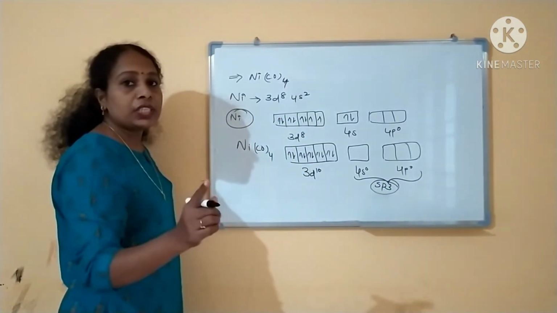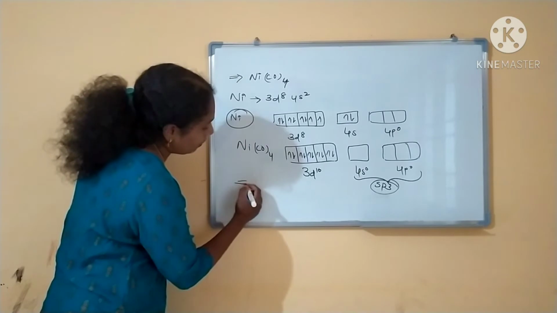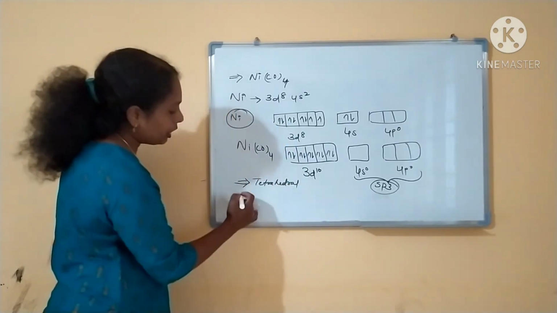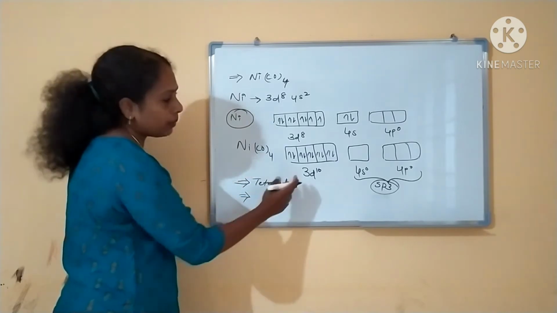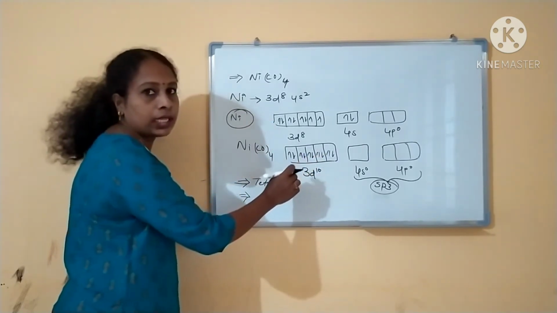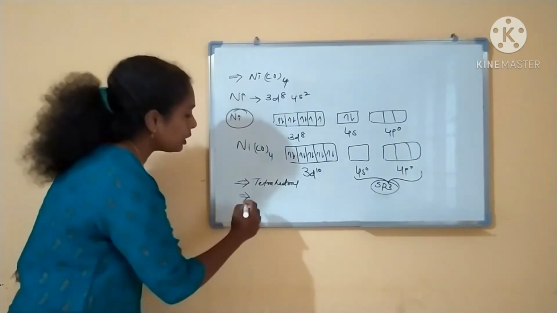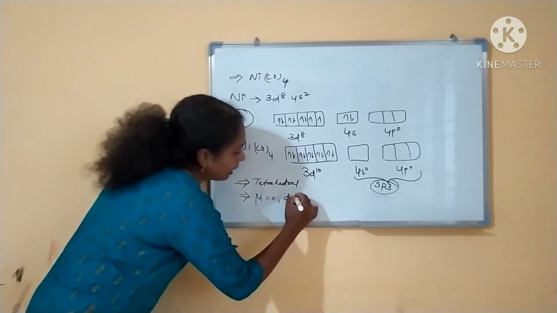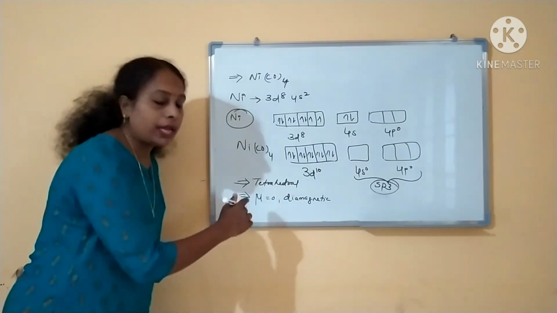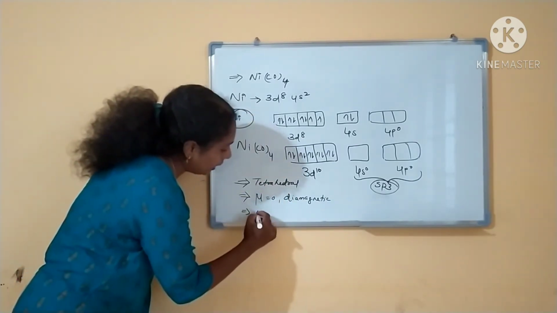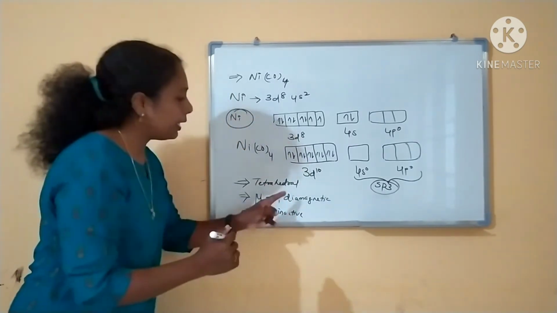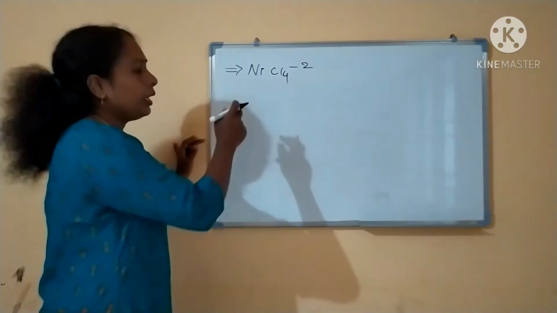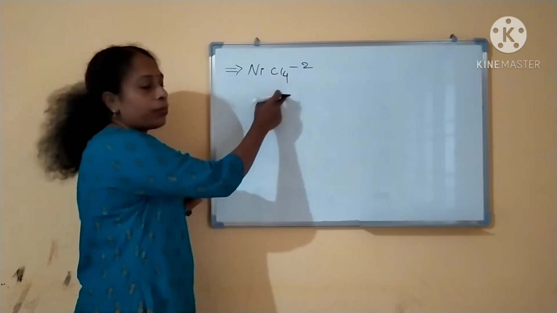If the hybridization is sp3, what is the shape of that complex? Tetrahedral, right? Tetrahedral in shape. And what about magnetism? All the paired electrons are there. Since there are no unpaired electrons, it is a diamagnetic complex with magnetic moment 0. And if it is diamagnetic, it is ESR inactive, right? Hybridization is sp3, belongs to the point group Td. Okay, clear? Next is [NiCl4]2-.